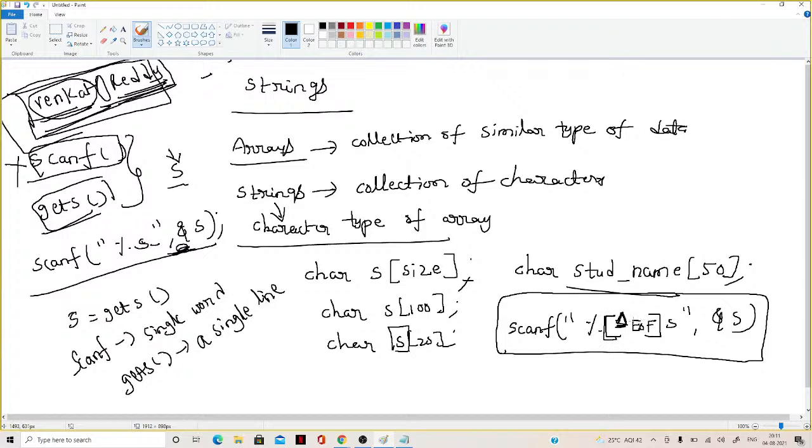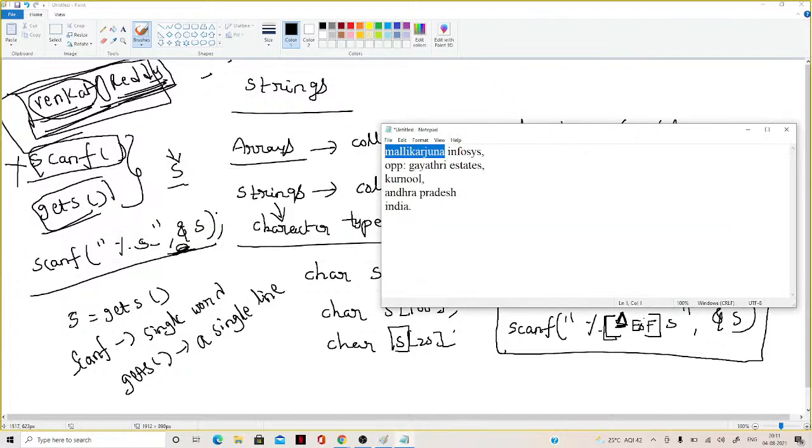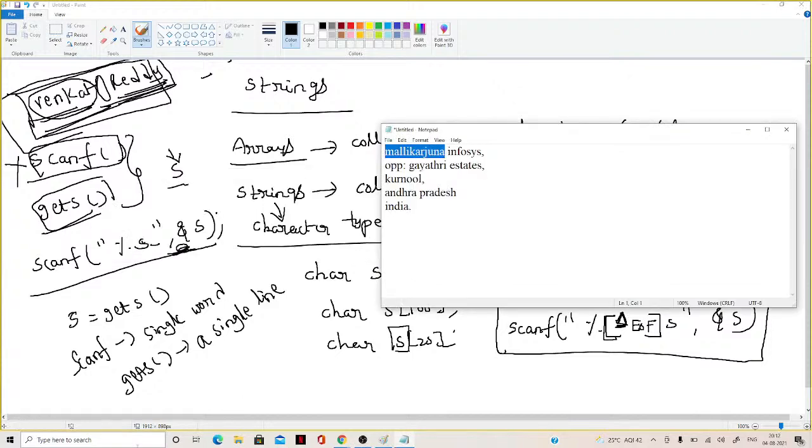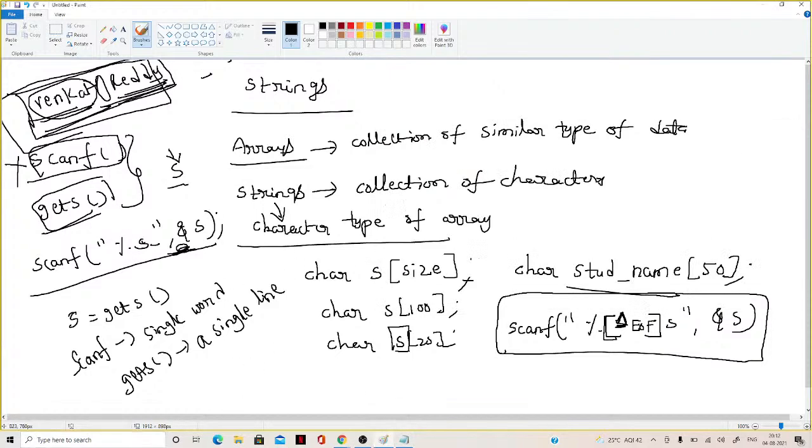Here in square brackets we have an option called until, cap symbol, which indicates until. EOF means the user pressed Ctrl Z. Until the user presses Ctrl Z, it will consider the input. Otherwise, until full stop, if you want, we can mention until full stop. Assume this string finally ends with a full stop. When you observe this string, it ends with a full stop only. Then we can say like this: